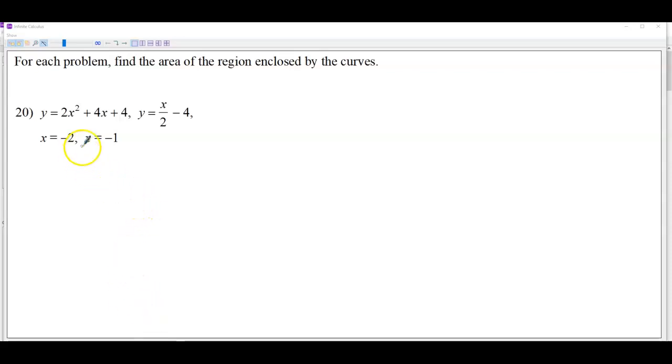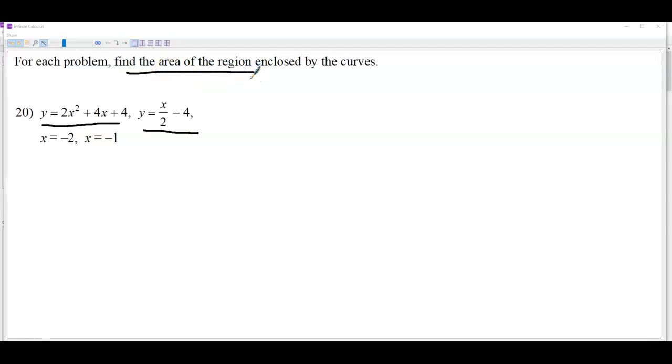All right, guys, so let's move on to number 20 from our Unit 7 study guide. The rest of this study guide is pretty much just devoted to area and volume questions. So let's go ahead and take a look at this one here. So we've got our two functions here, and we're being asked to find the area of the region enclosed by